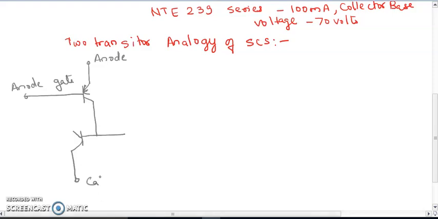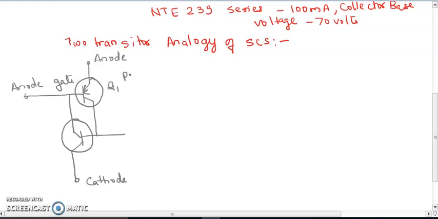This is the cathode terminal. This is one transistor. This is another transistor.